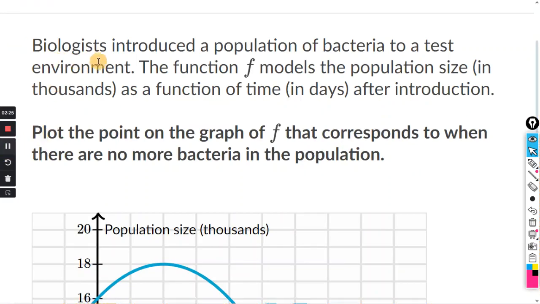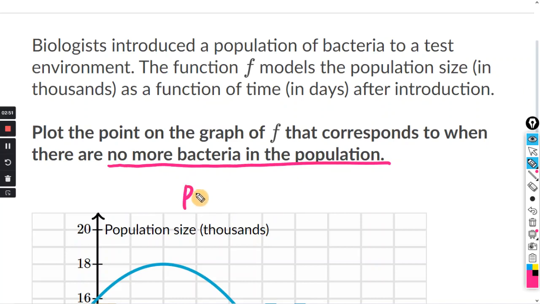All right, biologists introduced a population of bacteria to a test environment. The function f models the population size in thousands as a function of time in days after introduction. Plot the point on the graph of f that corresponds to when there are no more bacteria in the population. Okay, no more bacteria in the population